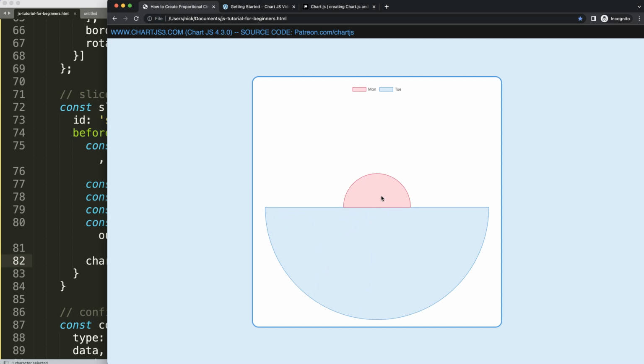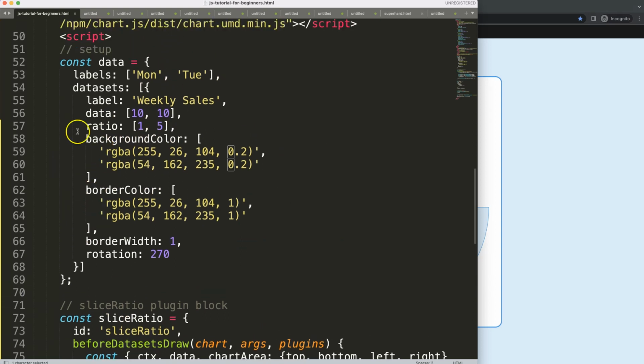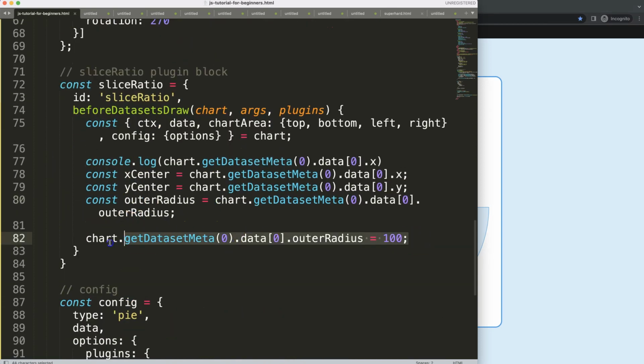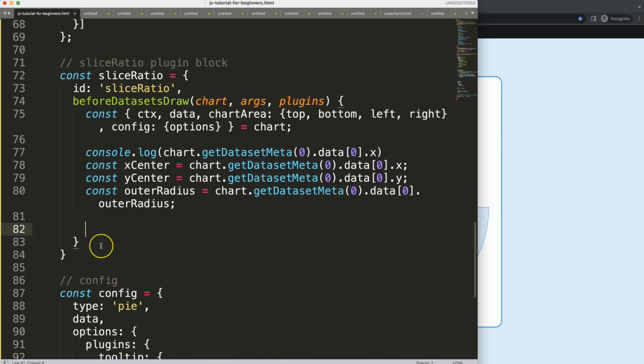But of course, we need to make sure that this will be in proportion to whatever we have here, or in the ratio of that one. So how do we do this? That's a bit more tricky. But what I'm going to do is, let's start with the basics. We're going to say